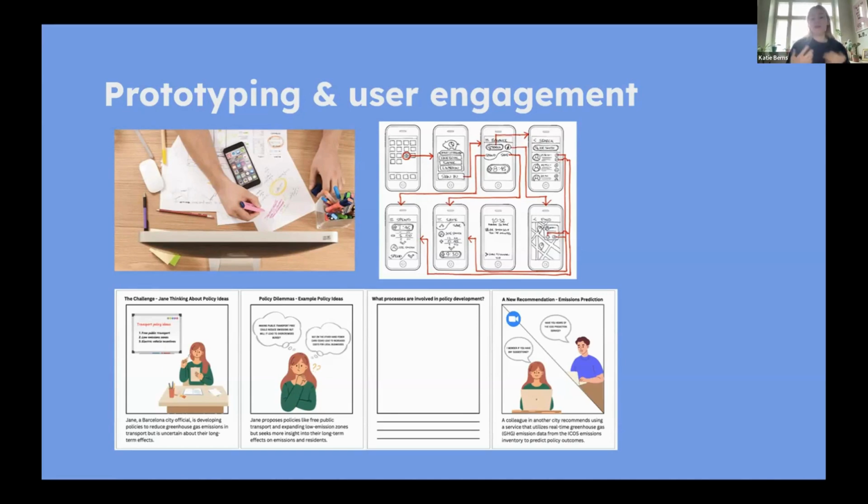So here you would use what we might call fast and dirty prototypes, or something that looks a little more unfinished, that really gives the participant in your study or your potential user the sense that they can have an influence and change things here without making you scrap a lot of the work you've done. It looks like something that's been made quite quickly. So for example, you see in the top here, this paper-based prototype where you'd have sketched out what the system might look like. In this case, it's some kind of mobile application.